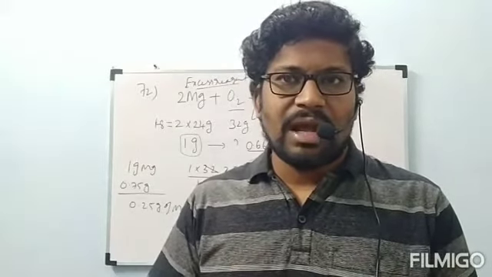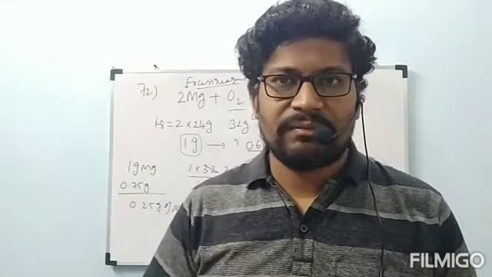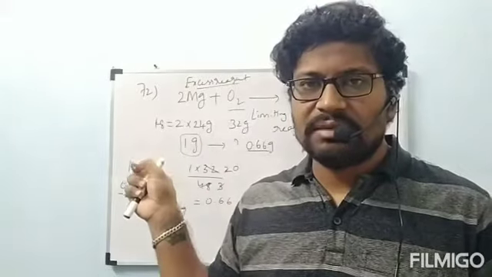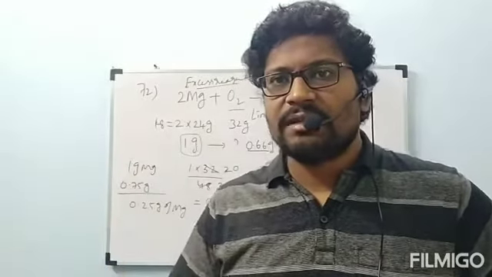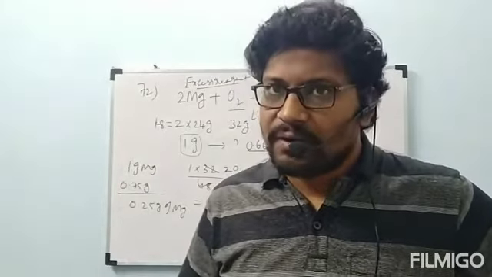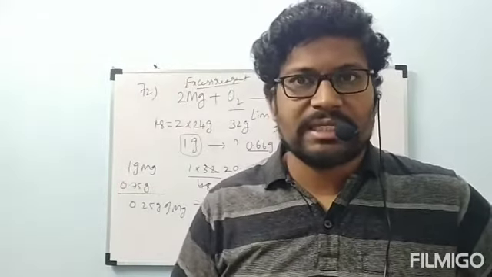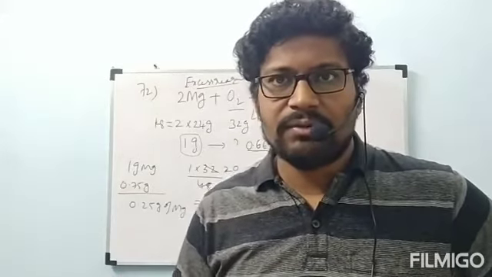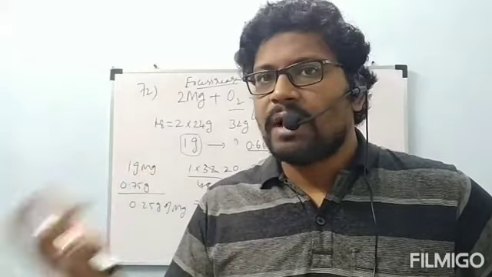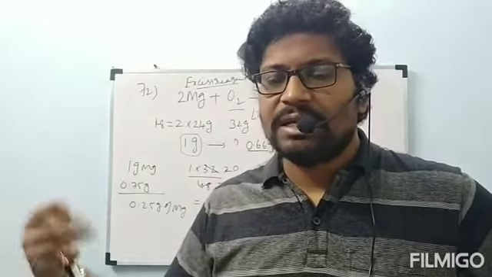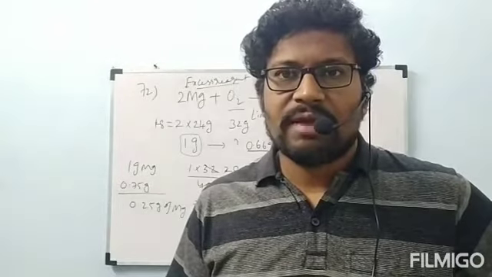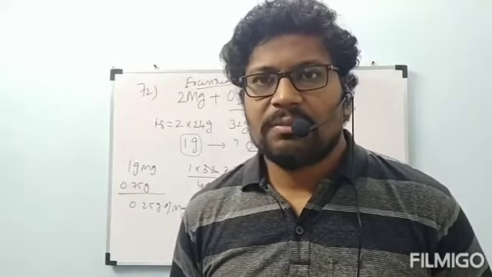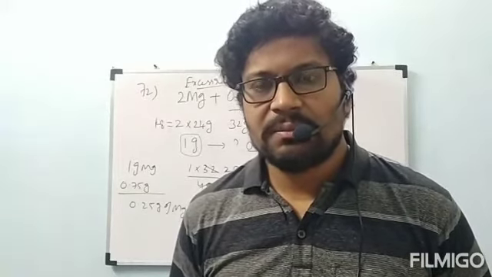Stoichiometric means a completely undergoing reaction, with no excess reagent and no limiting reagent. But in this type of model, one reactant is given in excess and another in less quantity. According to that, we have to identify which is the limiting reagent and which is the excess reagent. Regarding volume, if any gas is involved, 1 mole of gas will occupy 22.4 liters at STP. By using that, we can understand gas and volume relationship problems also.